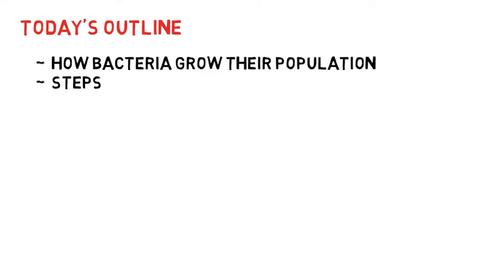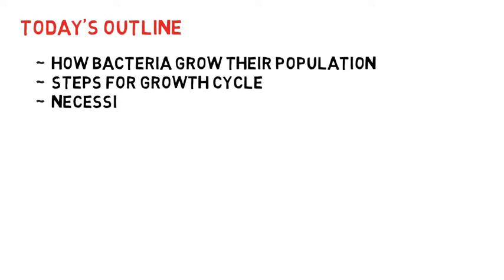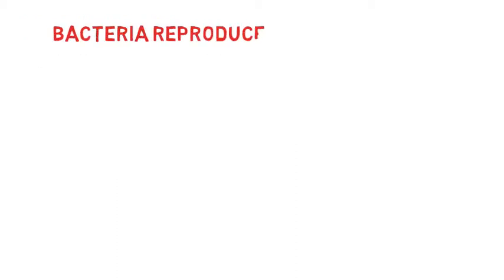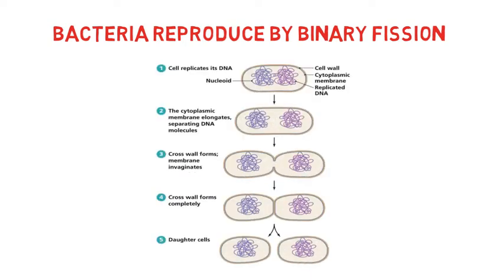In today's video, we are going to learn how bacteria grow their population. What are the steps? What are their necessities for growth? Also, how are they divided into different classes according to their different needs? So stay tuned everyone. Bacteria reproduce by binary fission, in which cells replicate their DNA, the cytoplasmic membrane elongates, and